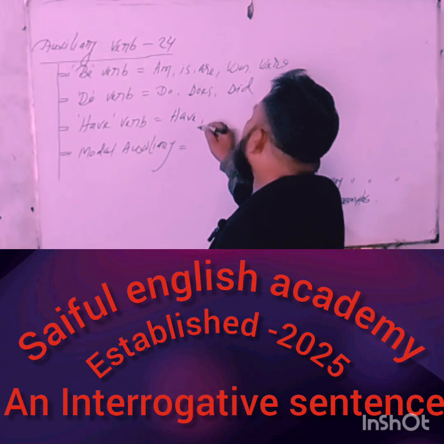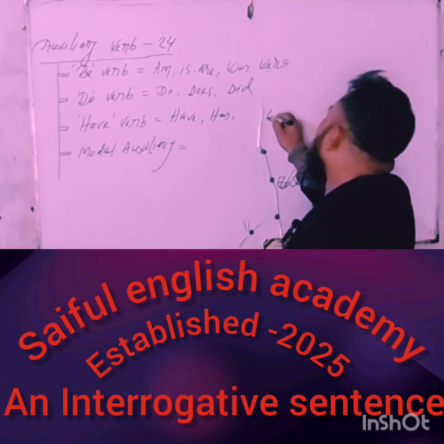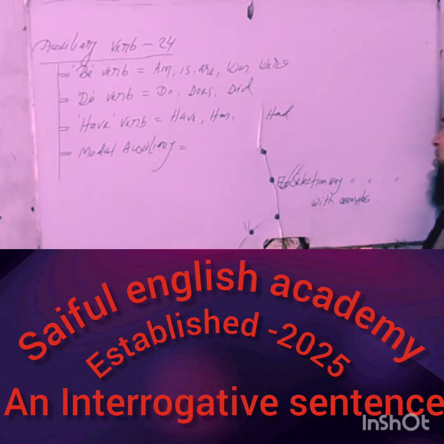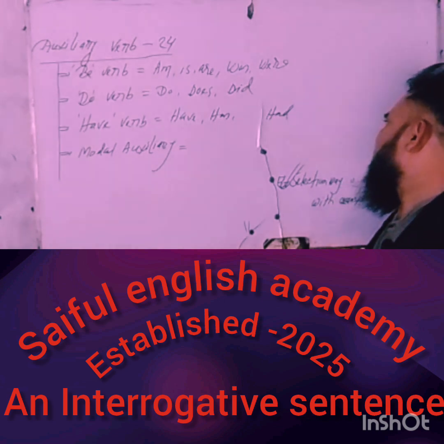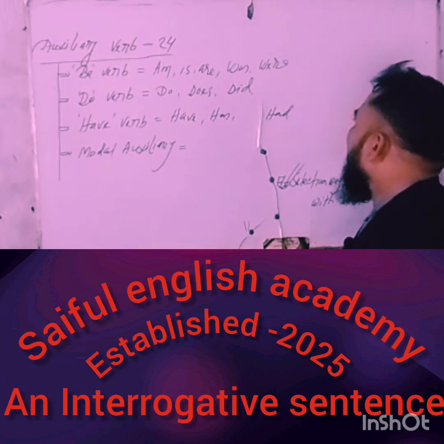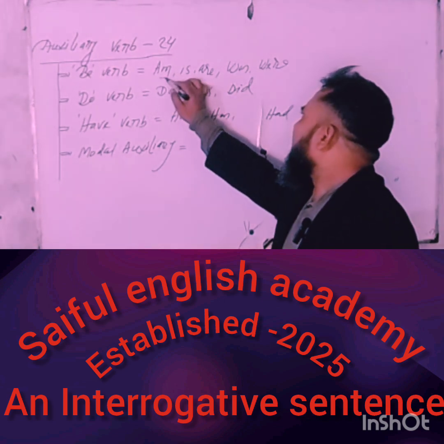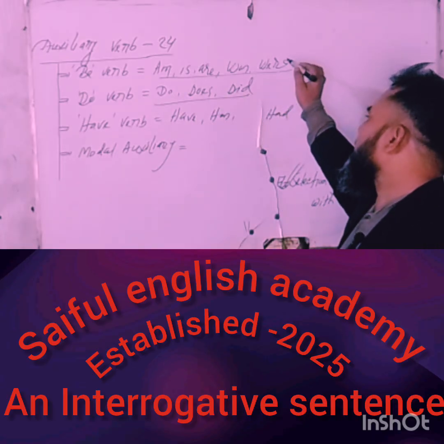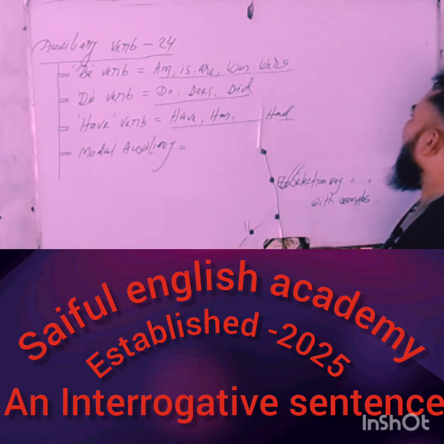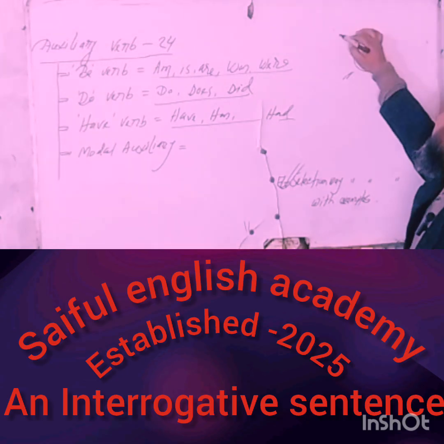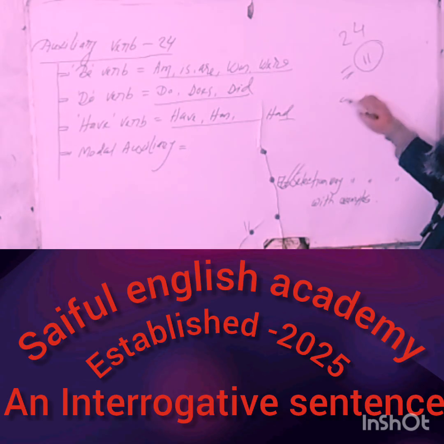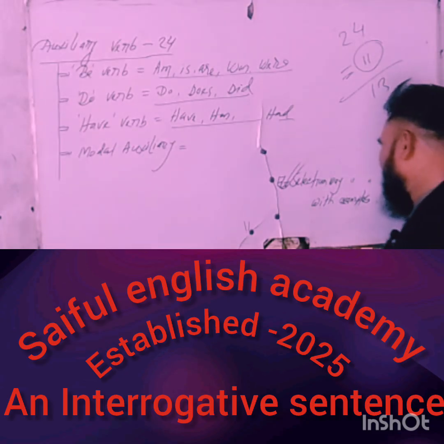Keep in mind, my dear learners, three categories of verbs: have, has, and had are called have verbs, which help a principal verb to form a voice, a tense or mode. Now try to count: be verb five, plus do verb three, plus have verb three. That means totalizing 11 categories of verbs. Except for these, if we subtract from 24 categories, of course 13 categories of verbs remain. These are called